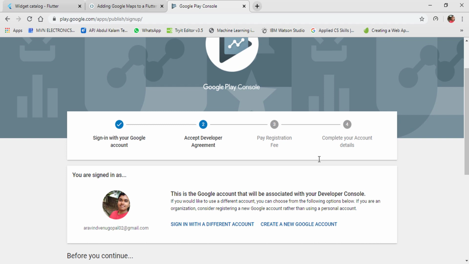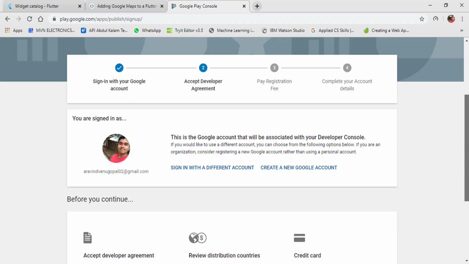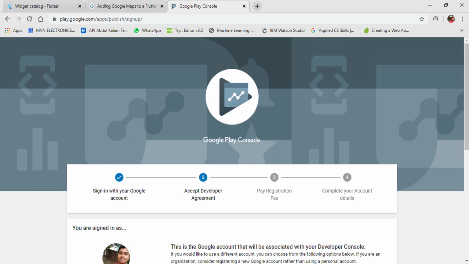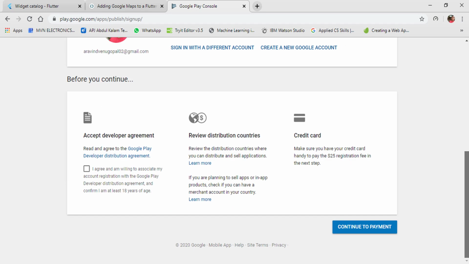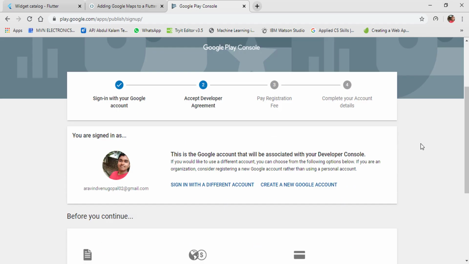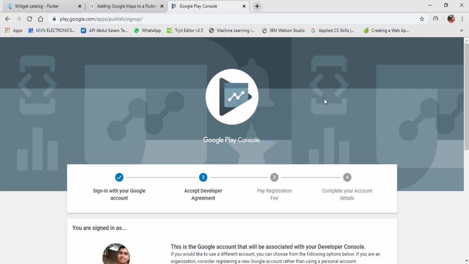You can just upload your APK version, and you need to add some screenshots of different angles, that is portrait, landscape and all. You need to add an app icon, you need to have a good description, you need to provide the developer details, contact details and all those things, and after that you can publish your application on Play Store. It usually takes around 2 to 3 days for your application to get published, so that it is available to billions of people around the world. So that's regarding publishing on Play Store. I'm actually not able to demonstrate that because I haven't set up my Play Console account. Okay, so the next thing is